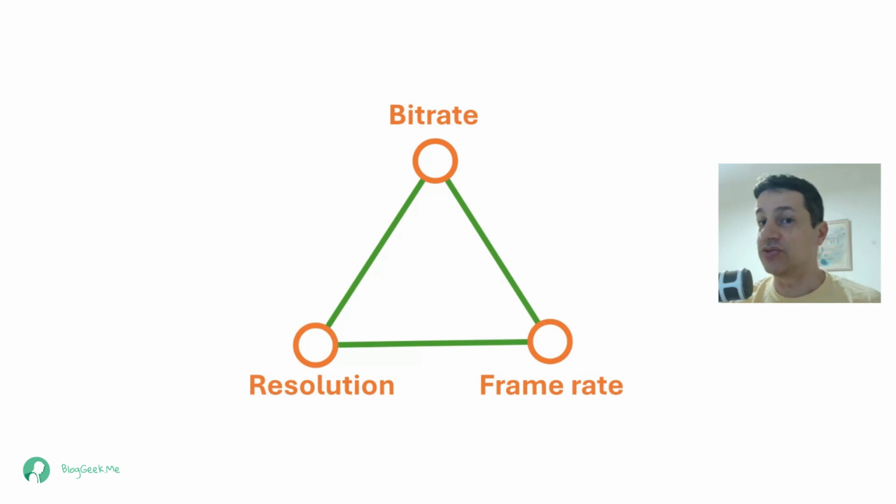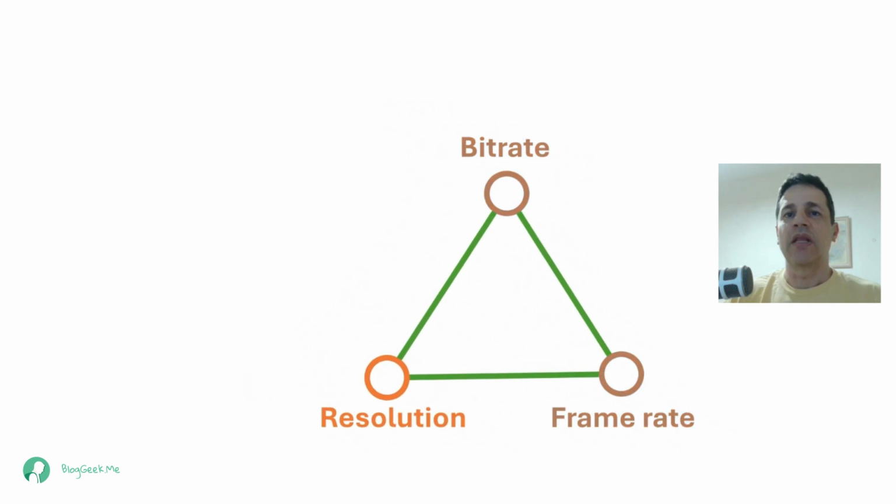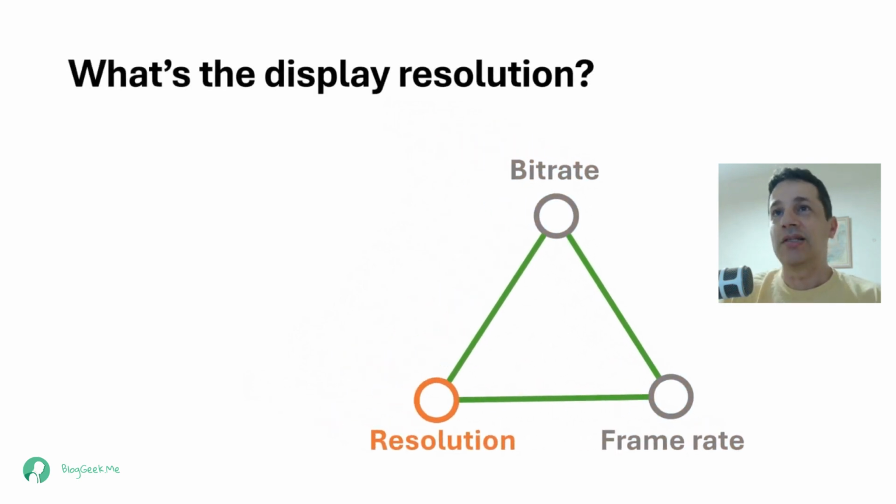Let's see what affects each one of them. We'll start with resolution. The first question to ask is what's the display resolution of the user? If the resolution is low, then the bitrate that we need to send should be relatively low. Why is that? We don't want to send a bitrate that is too high, that is good for a high